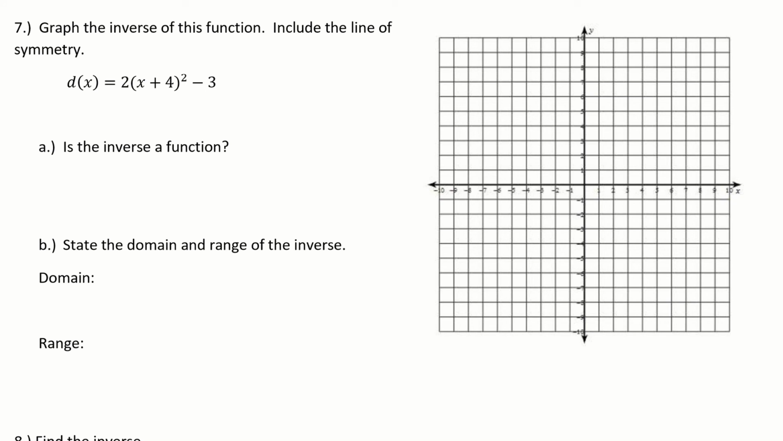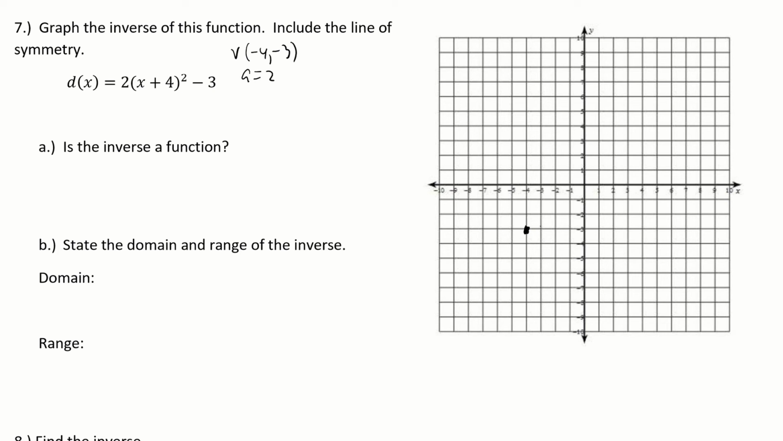Alright, so on this, it says graph the inverse of this function, include the line of symmetry. So let's think about what this function looks like first. The vertex is going to be -4, -3, and my a value is 2. So 1, 2, 3, 4, 1, 2, 3. Okay, so there is my